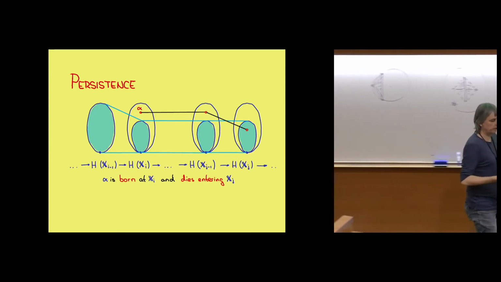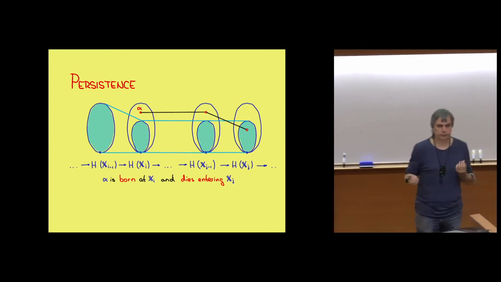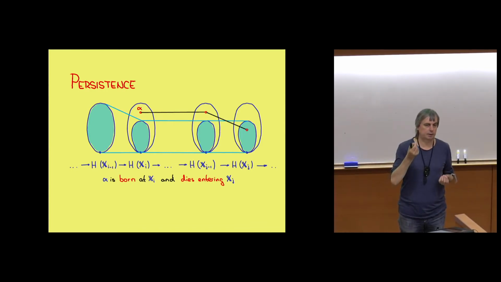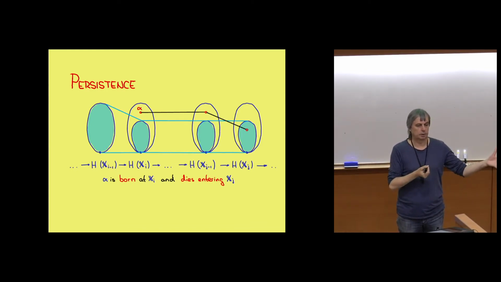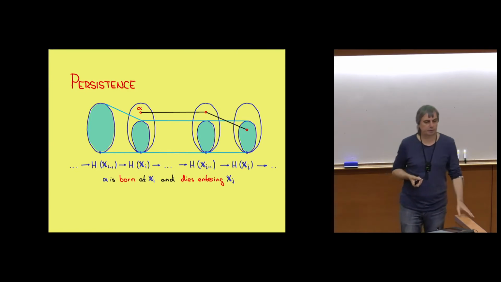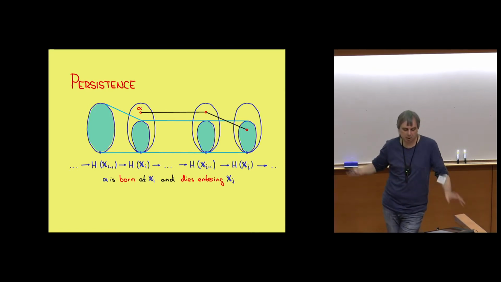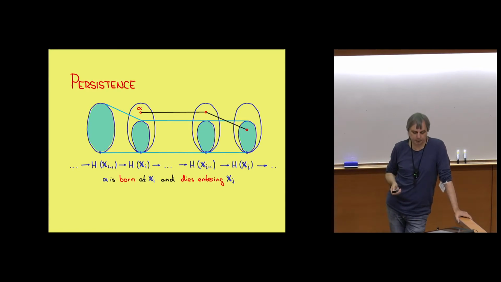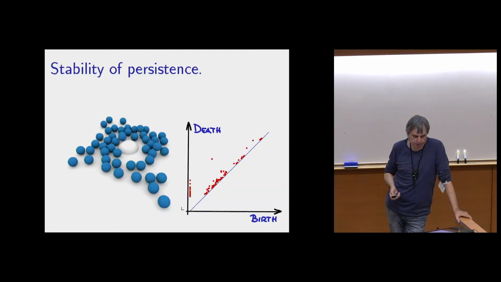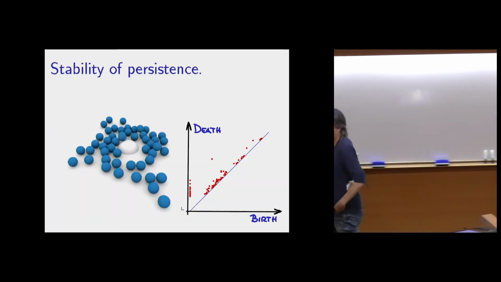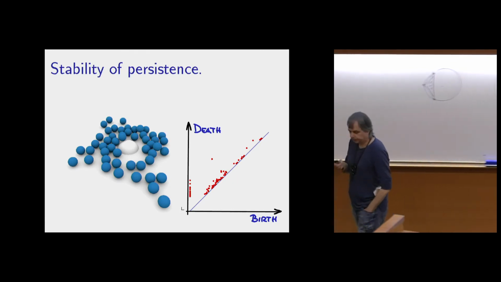And this gives you a pairing of births and deaths. Sometimes a cycle only gets born, it never dies. For example, if the final complex has some cycles, we sometimes call it the essential homology. But then we usually add something at the end that is convex, maybe, and then you always have these pairs. So this goes back to 2000 or something, and has been very fertile. One thing I wanted to show you is that persistence is stable.